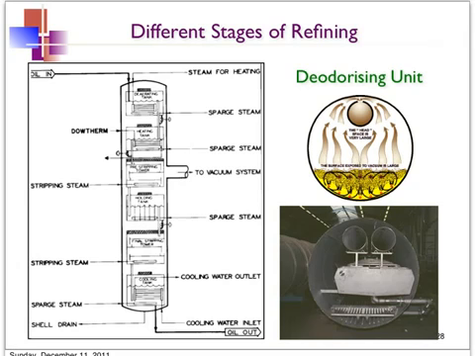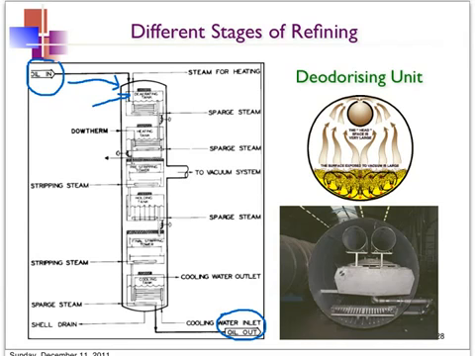So basically the oil comes from the top into the column and will go through several stages of stripping of the volatiles when it comes into intimate contact with the steam, and finally it will come out here as the deodorized oil. So on the top part here is the aerating tank, where the air in the oil will be removed. The aeration process removes the air, so that it will reduce the oxidation of the oil during the deodorization